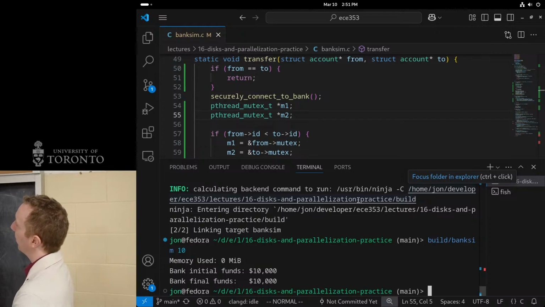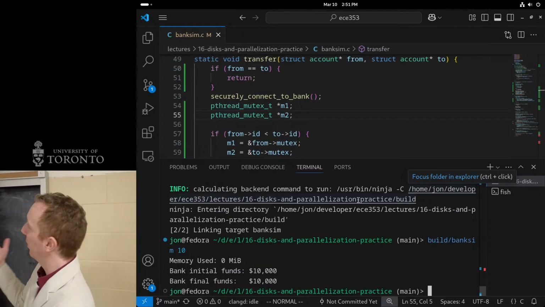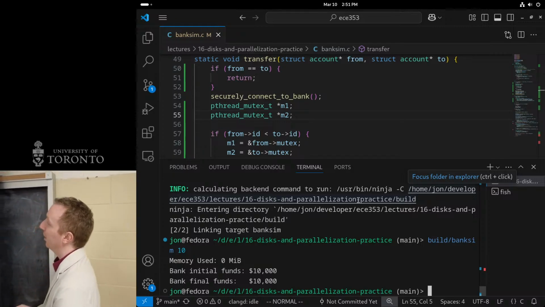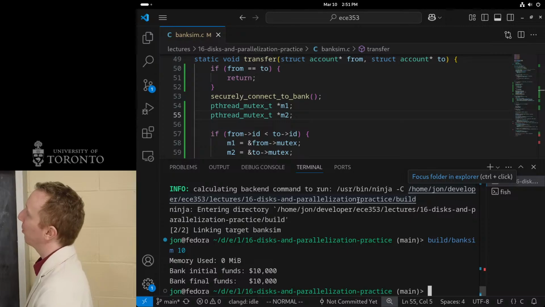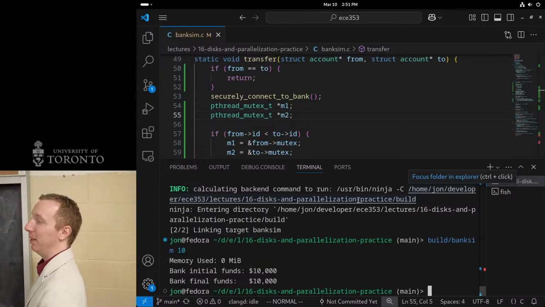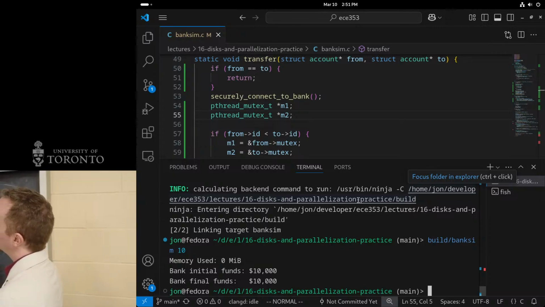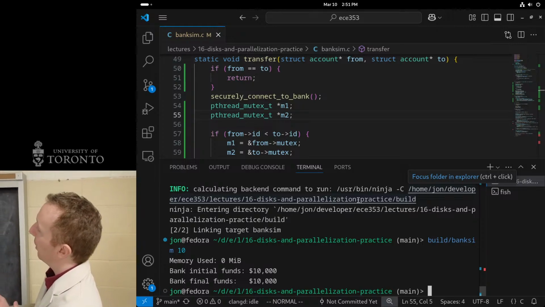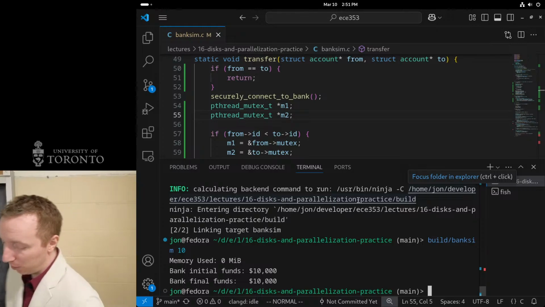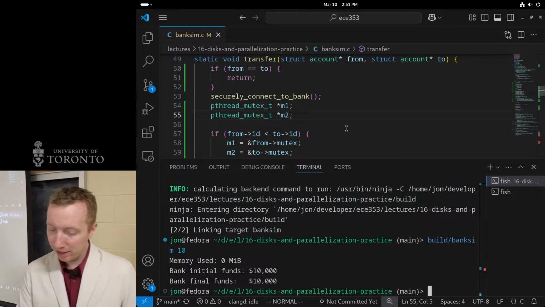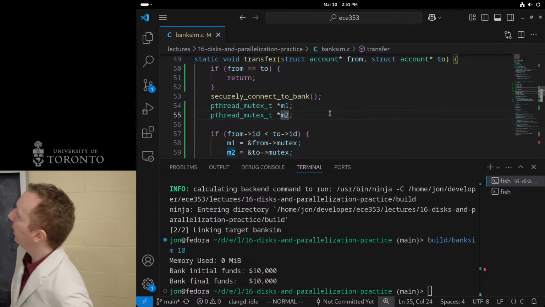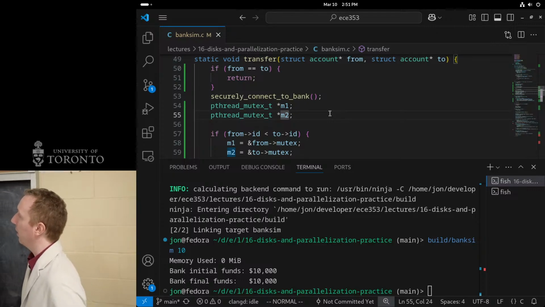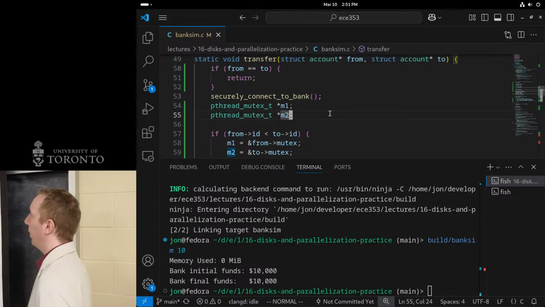8 times faster as long as we have more accounts. But it took us a while to get there, right? So we started by naively doing it. We had 2 options. We could go slower than a single thread and be safe, or go a lot faster than a single thread and be wrong. So neither initial solution was great. And it took us a bit of doing, using everything we've learned in this course, to actually make this work and make it run approximately 8 times faster.